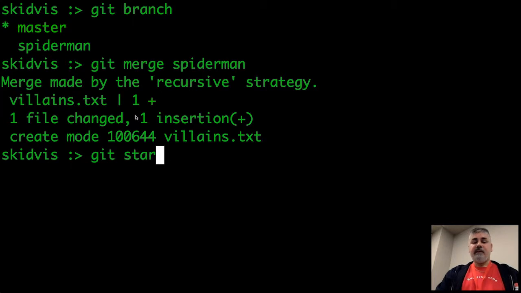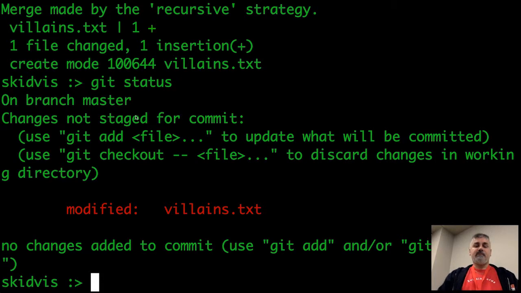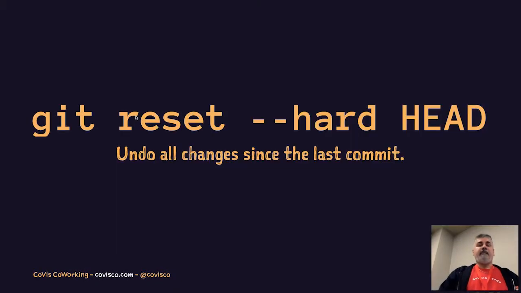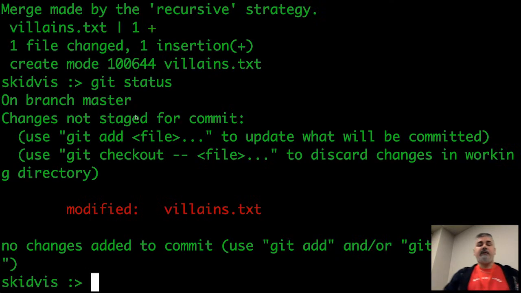If I do a git status, let's see, a file's been changed. I don't want that change. I can go in there and edit that text file and delete all the stuff he entered, but there's a better way around it. There's this command called git reset, and what that does, if you use the --hard parameter, is it basically wipes away your changes. It goes back to your last commit. That's what HEAD is. HEAD is the last thing that was committed. So it'll undo any changes since the last commit. So we'll go ahead and try that.